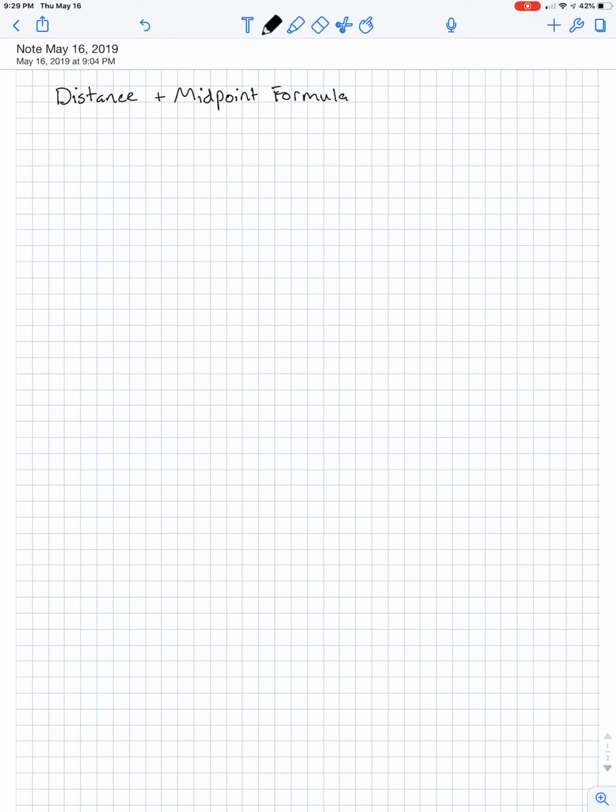Alright, the distance formula is d equals the square root of (x2 minus x1) squared plus (y2 minus y1) squared. That's your distance formula. And then your midpoint formula is